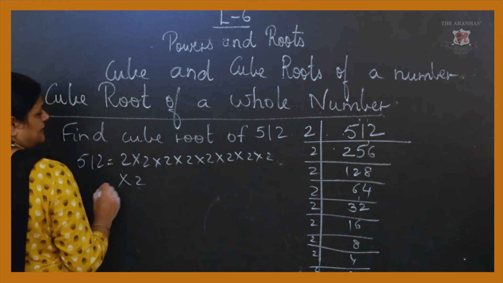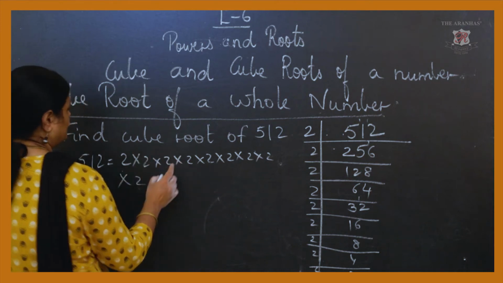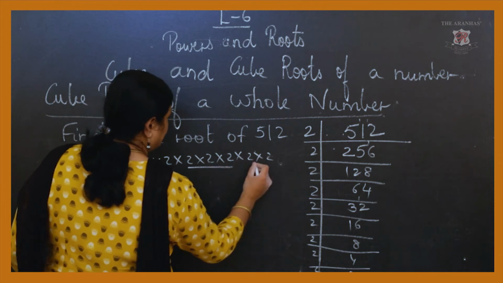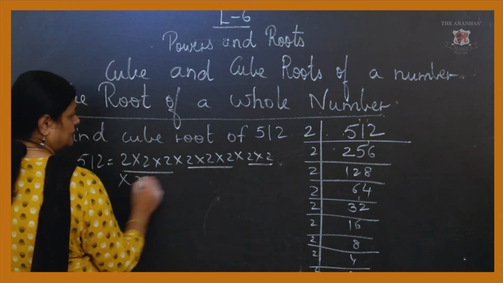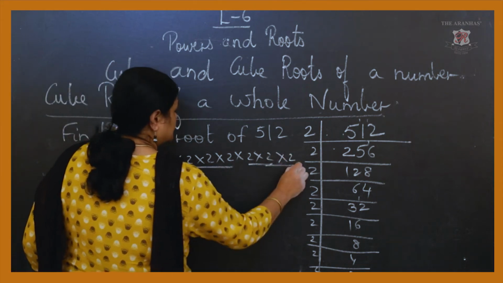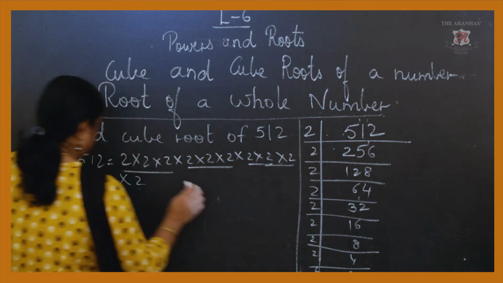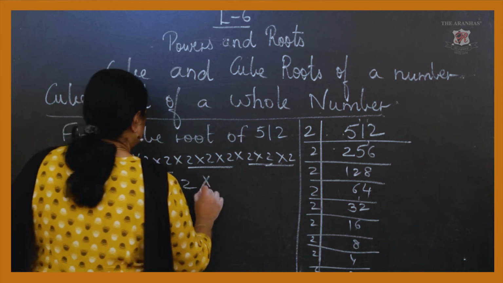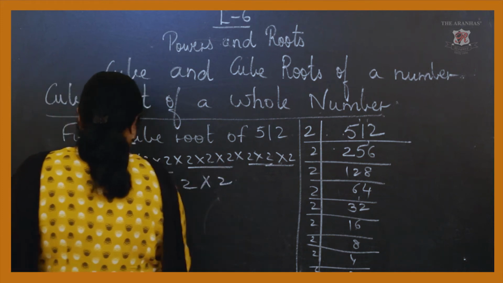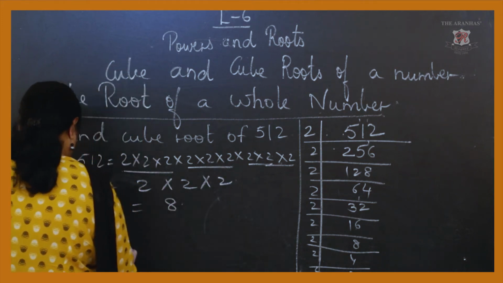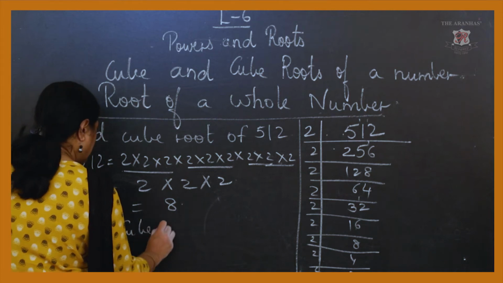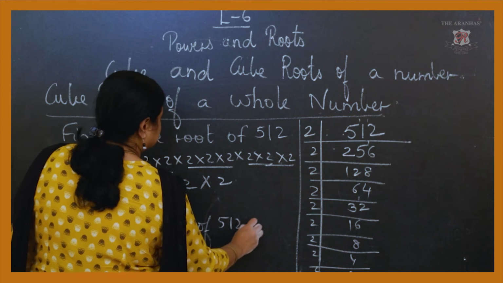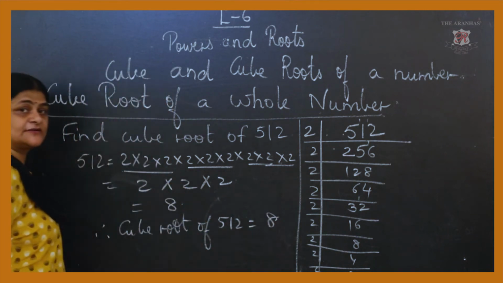Okay, now see whether you are having, to find the cube root, you are having it. Okay, that means here 3, and here you can write 2 only, so you will not get confused. Okay, so that is equal to what? 2 into 2 into 2. Okay, that is equal to what? 8. So therefore, the cube root of 512 is equal to 8.